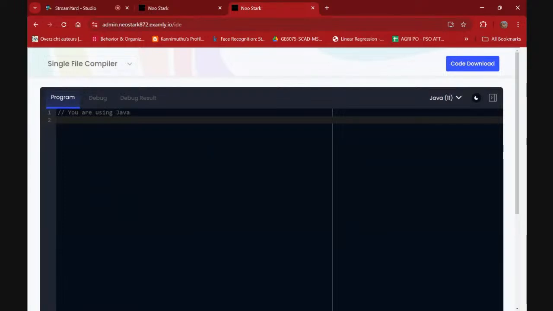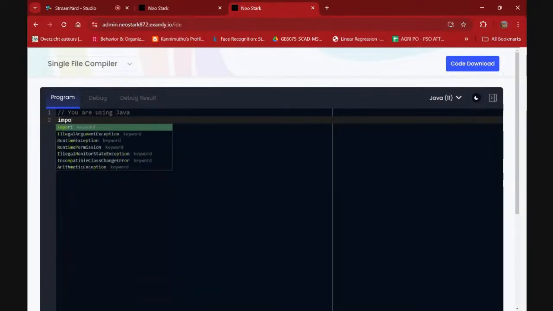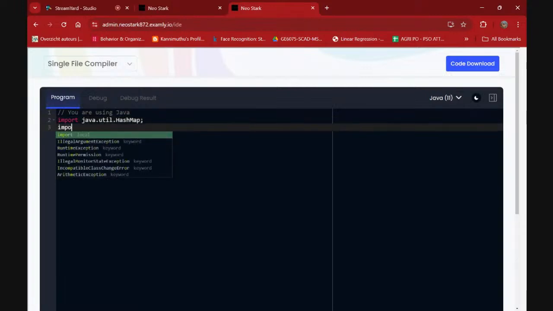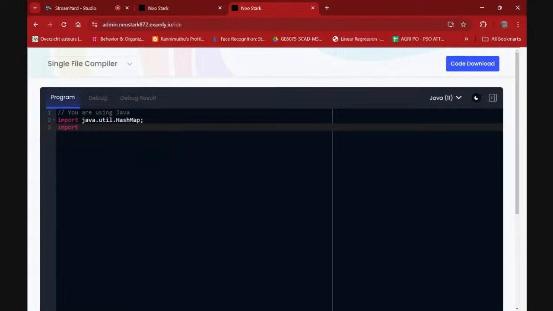Here I'm going to solve it with collections. I'm going to use a hash map to store my data, to keep track of the characters which are repeated or not repeated. So I'm going to import the hash map package, and also the map package.